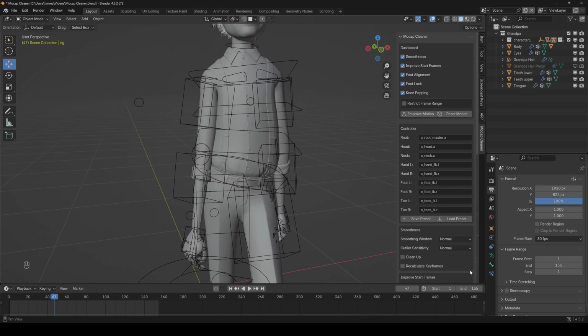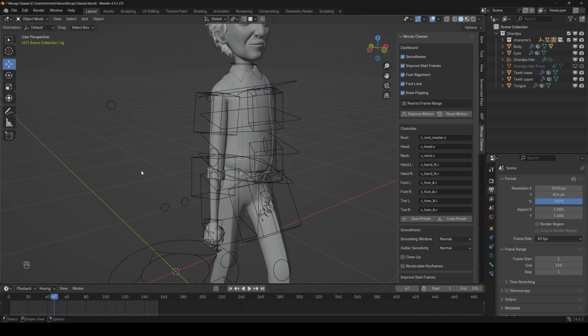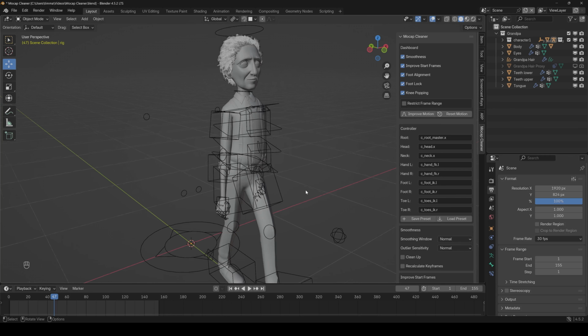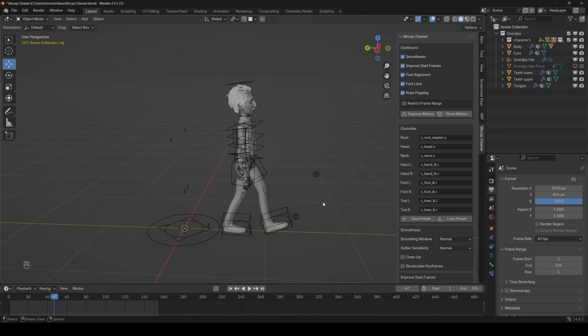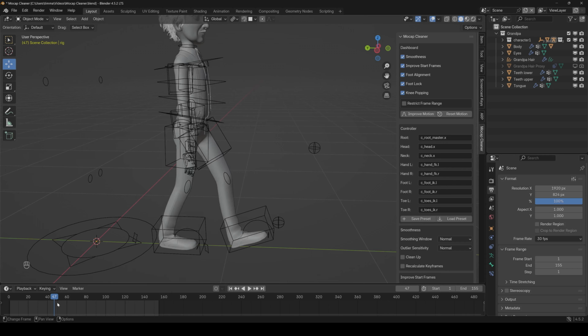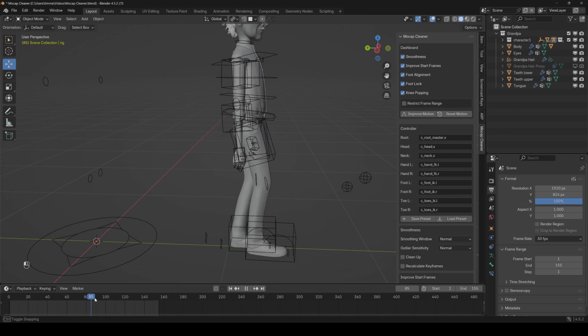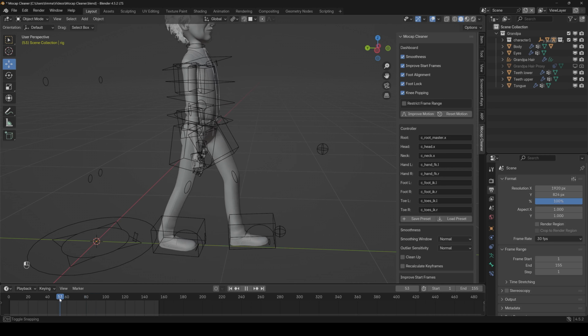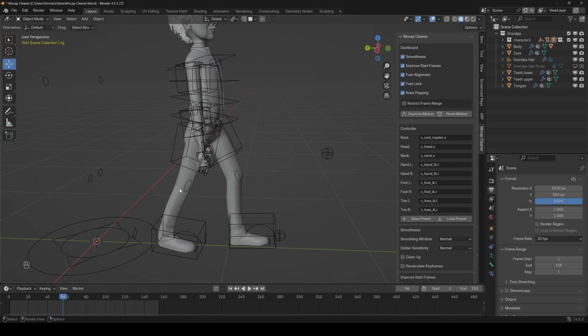So we would have to set this maybe higher, but it isn't really counted as stuttering here. But if you set it higher, then it will also smooth it out even more. And then we also don't have the knee popping here.